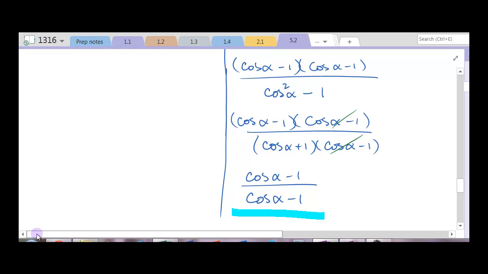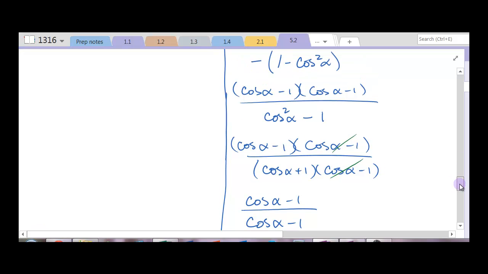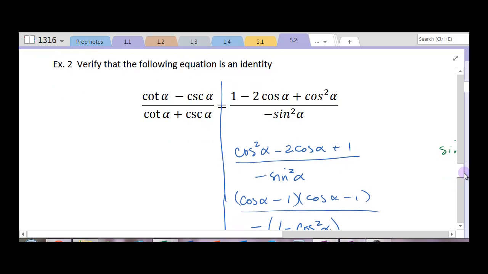So we're going to go back up and start thinking, how am I going to get the left-hand side to be cosine minus 1 over cosine plus 1? One thing to do is to look here, and I'm going to rewrite this all in terms of cosine and sine. So cotangent becomes cosine over sine, and cosecant is 1 over sine. That's the numerator, and then I rewrite the denominator. Again, cosine over sine